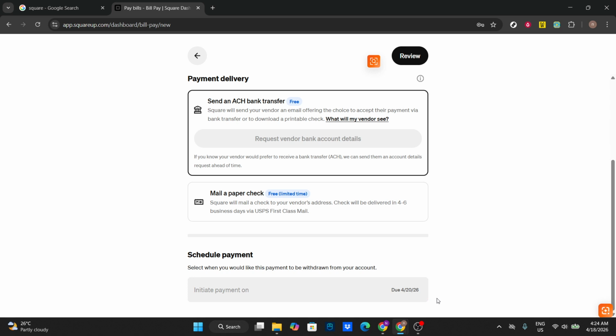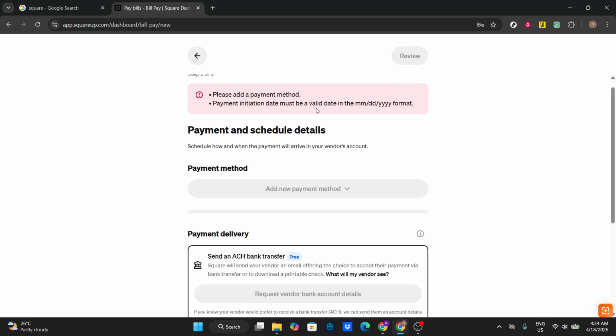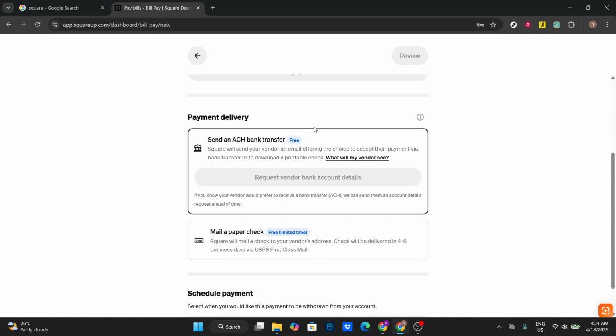You can send an ACH bank transfer, which is typically faster and electronic, or mail a paper check. ACH is great when the vendor has bank details on file. If you pick a paper check, verify the mailing address and allow time for delivery. Schedule the payment so it processes on the right date, either today or close